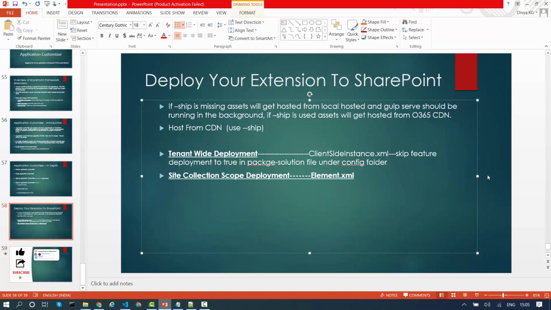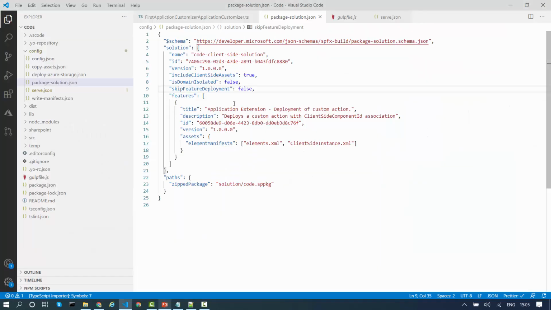That's it. I will not do the tenant-wide deployment over here, otherwise it will get deployed to the entire tenant. You just have to make one change, make it true, and automatically it will take client-side-instance.xml.